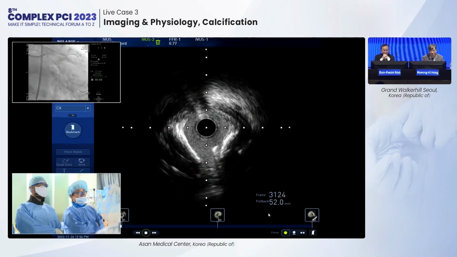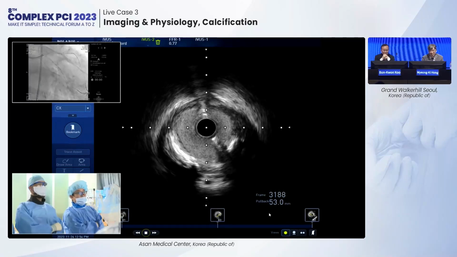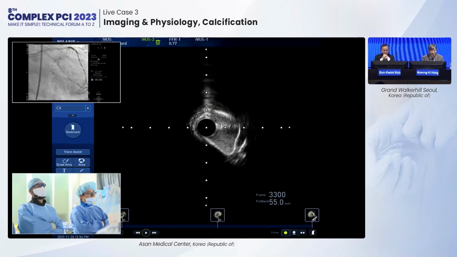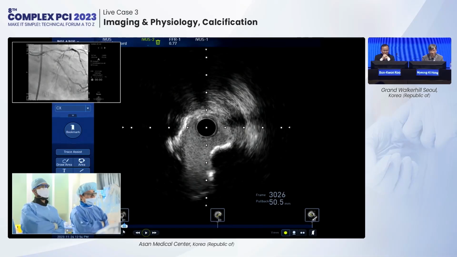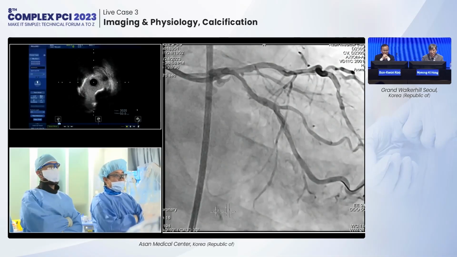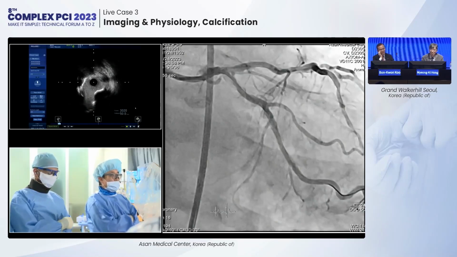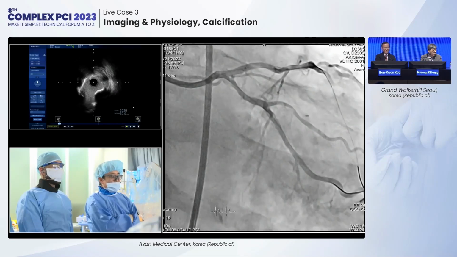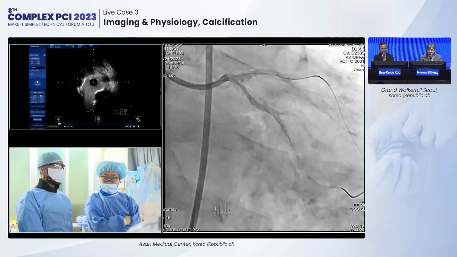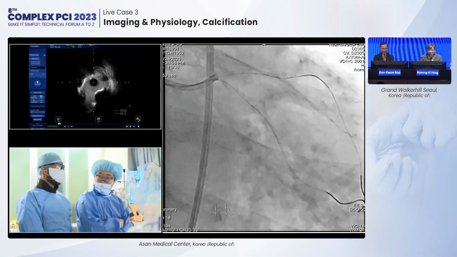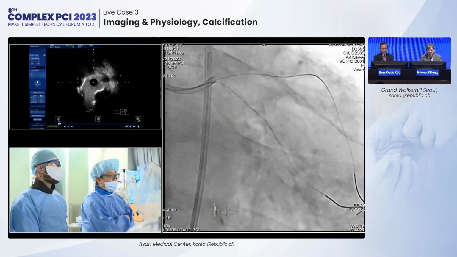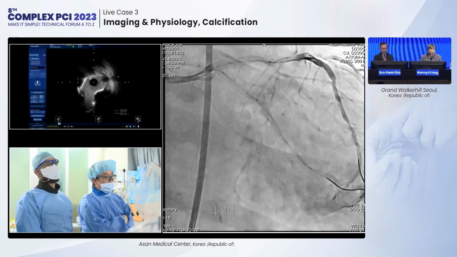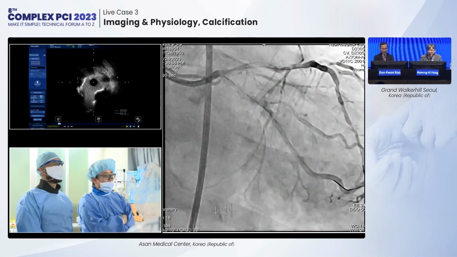And this is the distal left main, and the calcium extended to the distal main. So we already used imaging and physiology. This is absolutely a representative case. Imaging and physiology guided PCI: physiology is very helpful for decision making, to treat or not treat the LAD part. Also, imaging is very helpful to decide how the stenting strategy is chosen, and also for optimization